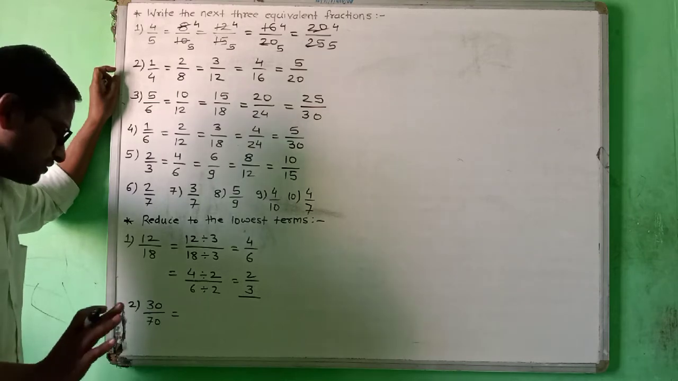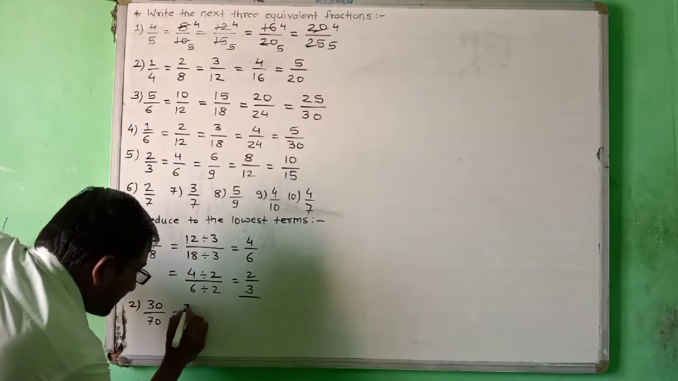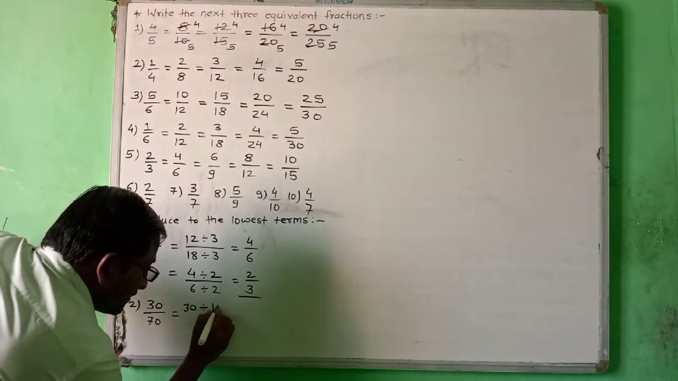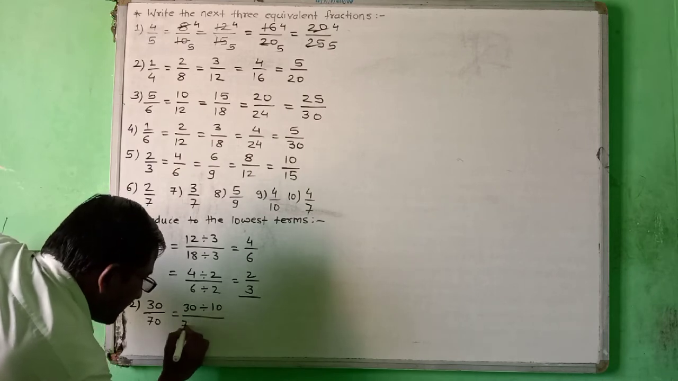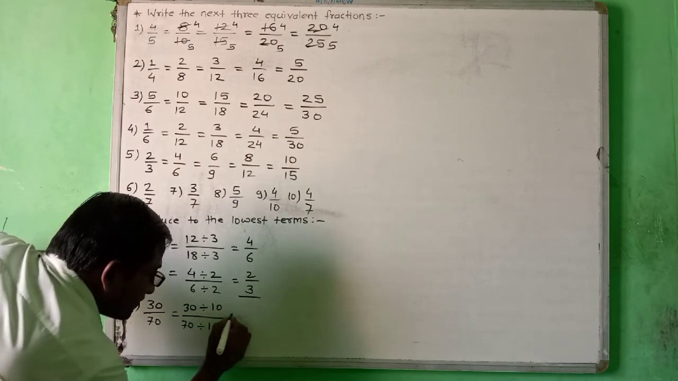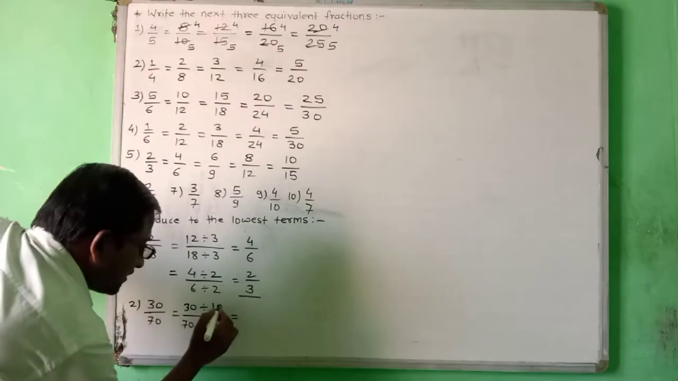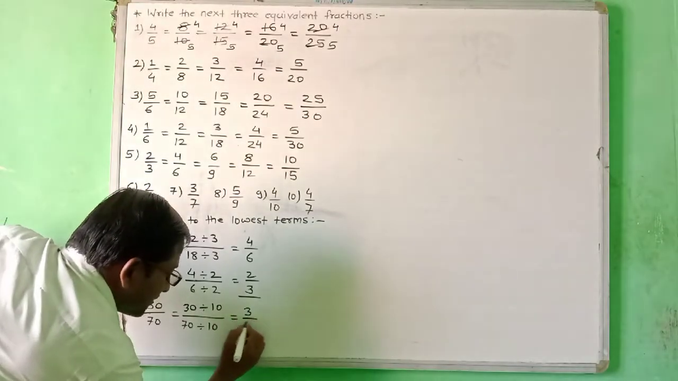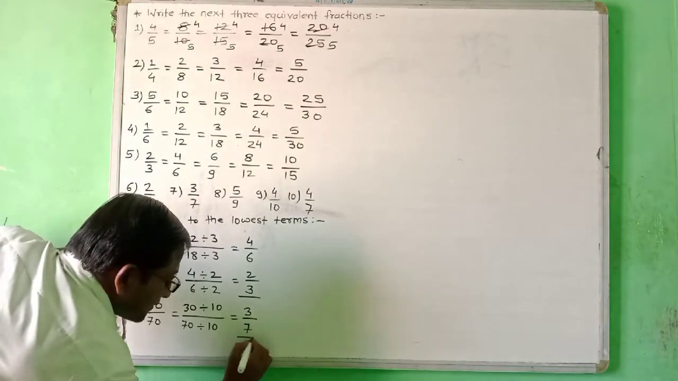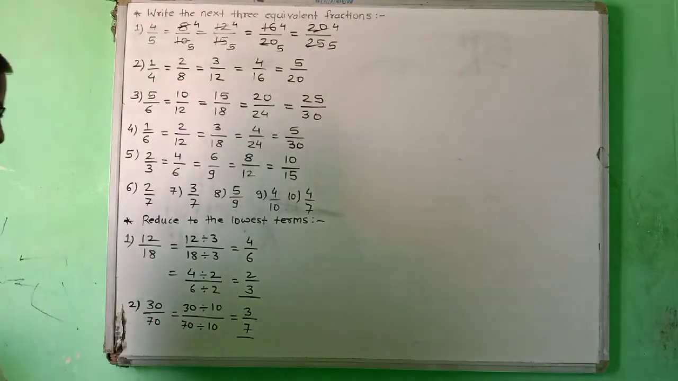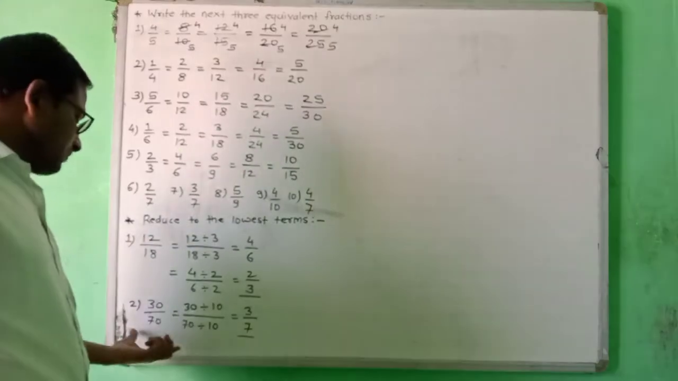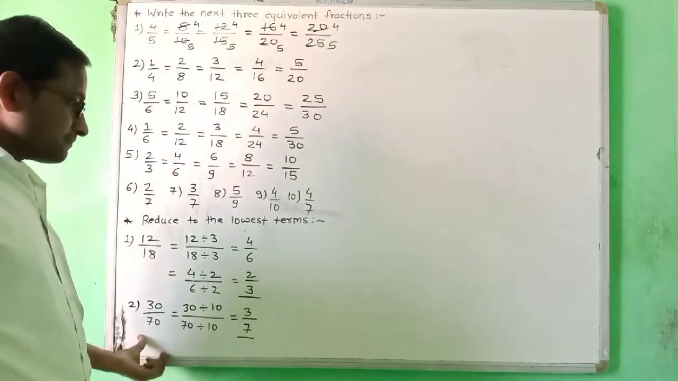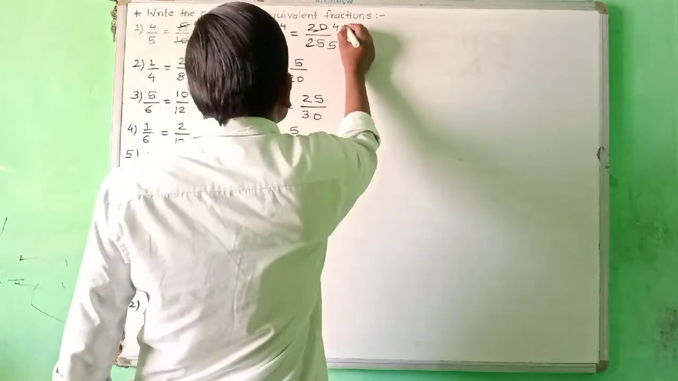This is the answer. So you write here, 30 divided by 10, then 70 divided by 10, then we get the lowest term answer: 10 3s are 30, 10 7s are 70. This is the answer, 3 upon 7. This is the lowest term for 30 upon 70. So next, take